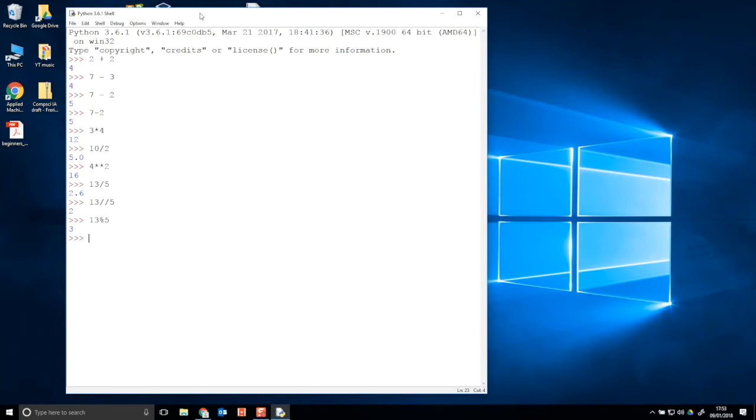So 5 goes into 13 completely twice with 3 left over. The leftover in computer science is known as the modulus. In primary school you knew it as the remainder. We call it the modulus here. So, some basic calculations, but let's get straight into something that's a little more what we'd probably expect for programming,